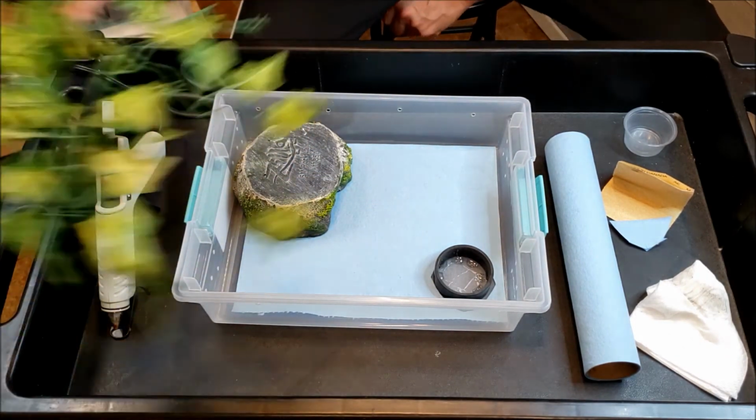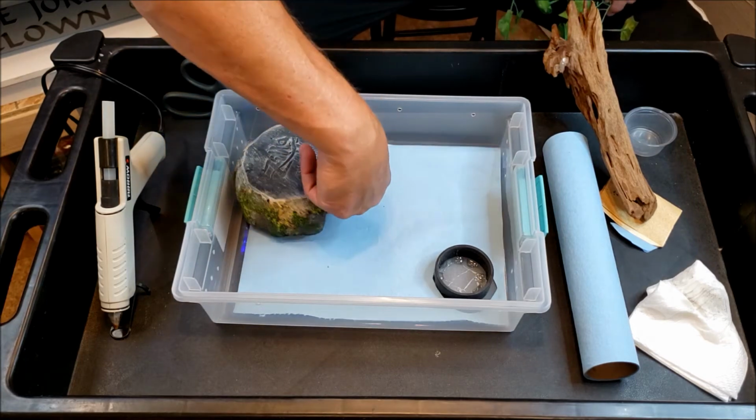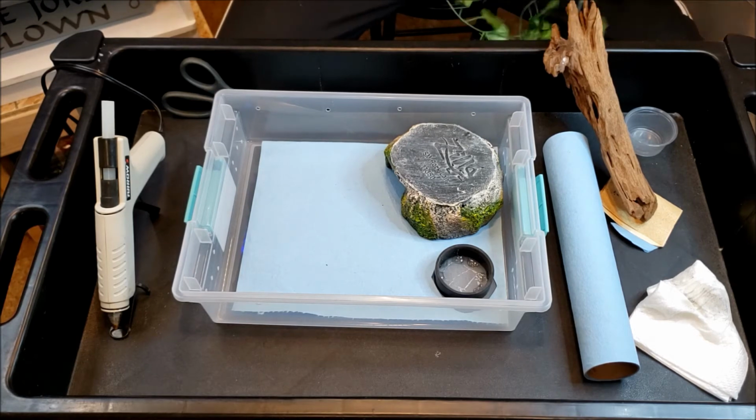And I got a bunch of this little ivy stuff. I'm not going to use all of this, of course. But I think I can almost make them a little makeshift. Maybe I'll put this on this side. Over here. And